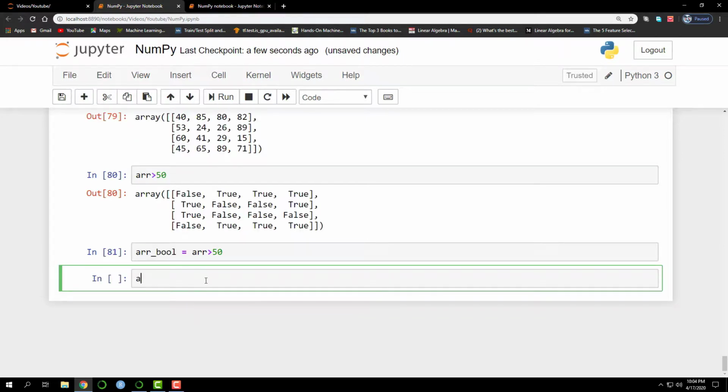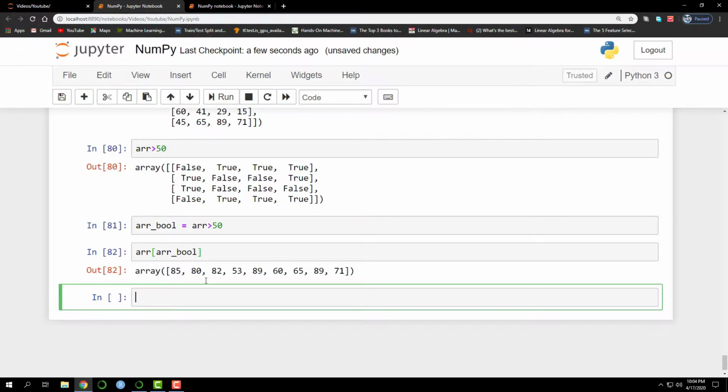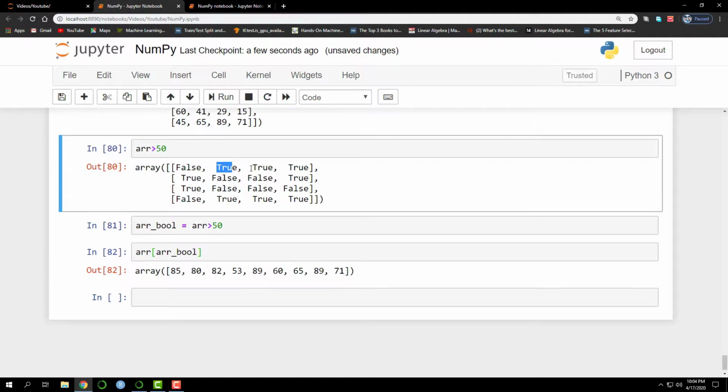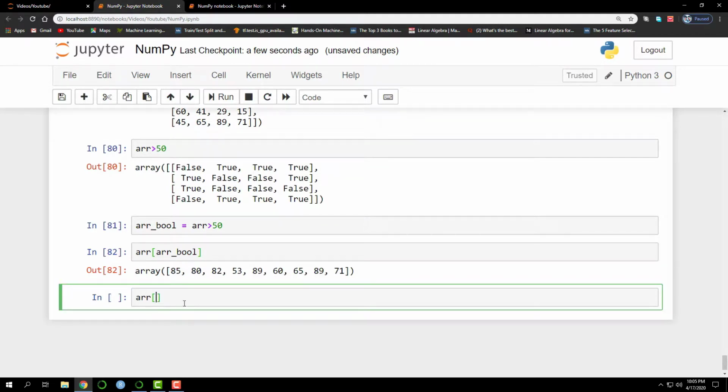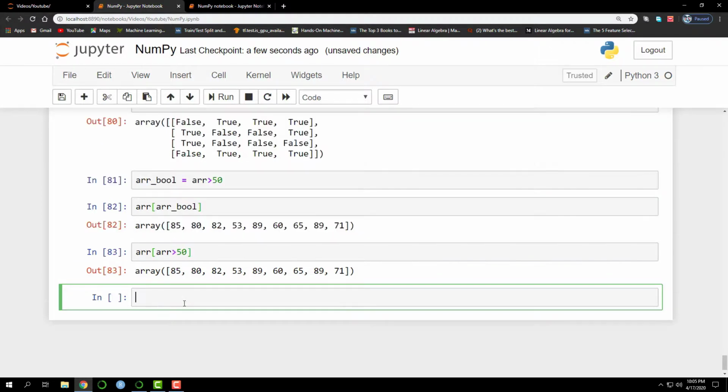Now I can use conditional selection to get the values which are true by using ARR[arr_bool]. Now I'll get the values which are only greater than 50. To simplify this, you can do it as ARR[ARR > 50]. It will return the same output.